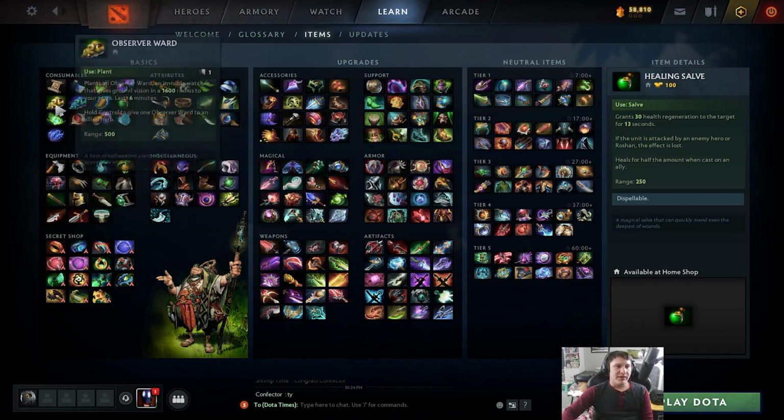Now, we've already gone over the wards. An observer ward is free, and a sentry ward is 50 gold. But when you kill an observer ward, you get money. So that's always nice. The mangoes are similar to the Fire Fury, where it gives you, while you have it,